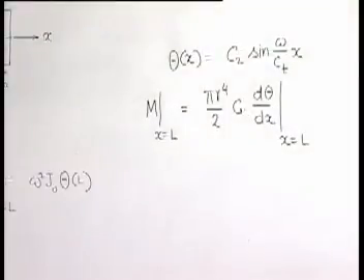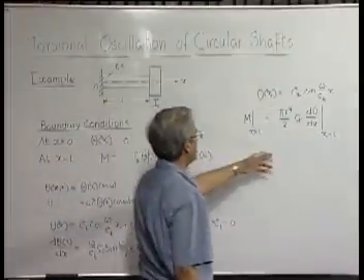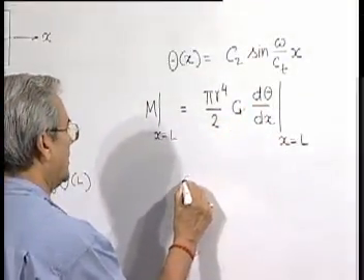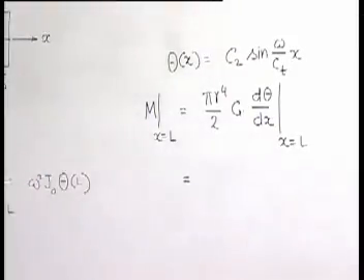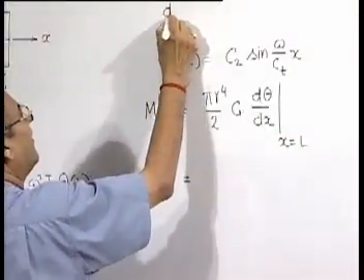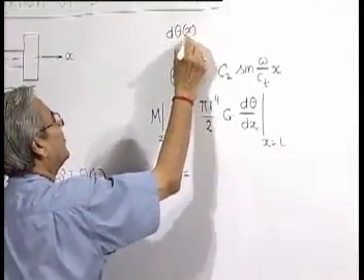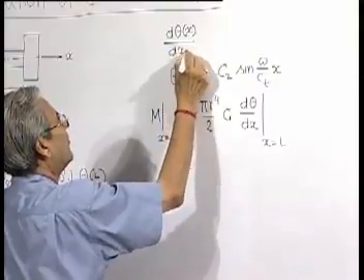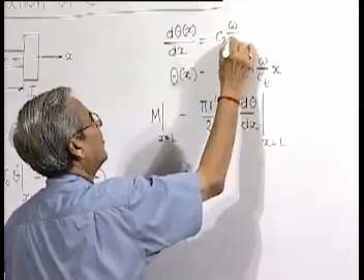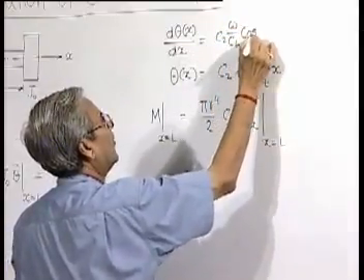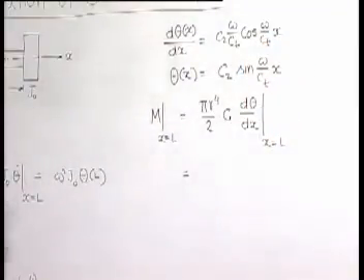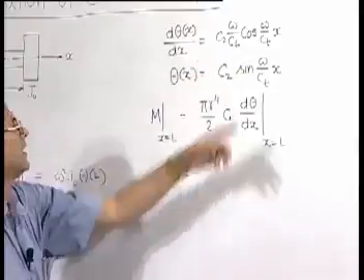So therefore, moment at x is equal to L will be the same thing when we calculate this at this. So therefore, this is nothing but, now C1 is 0. So d theta dx is C2 omega by Ct cosine. So if you put x is equal to L here, what we get is